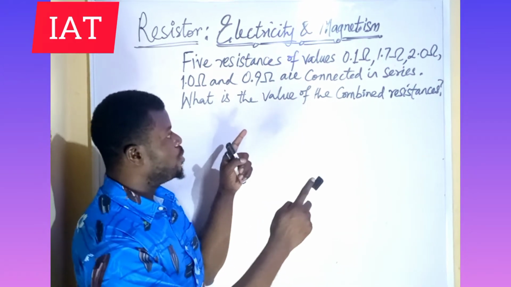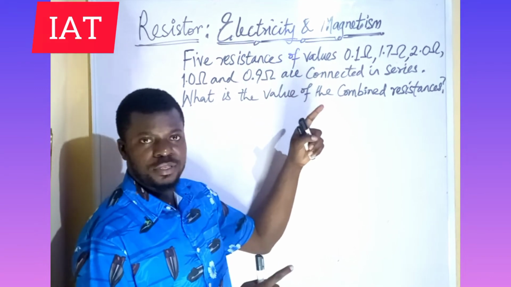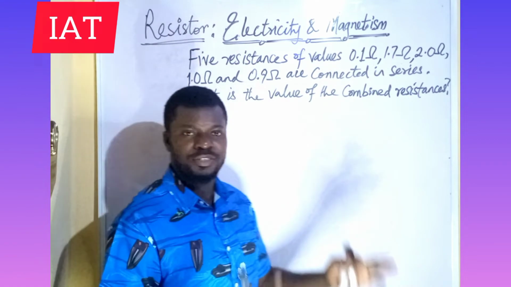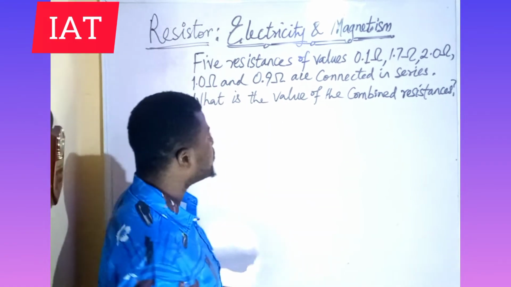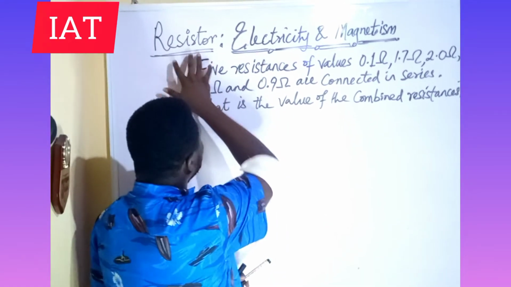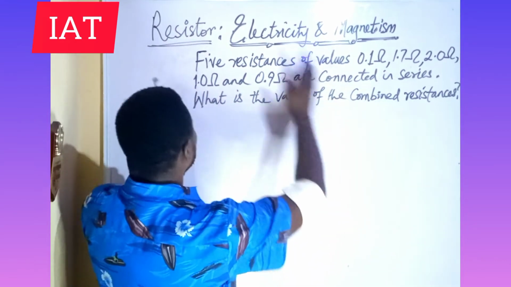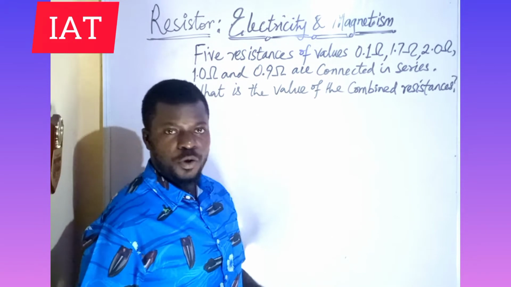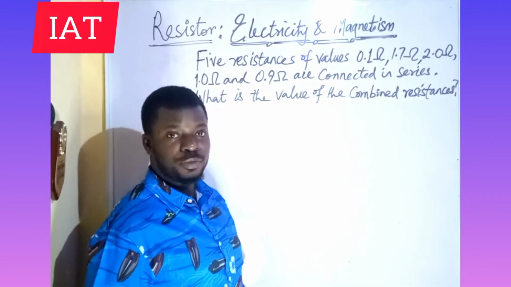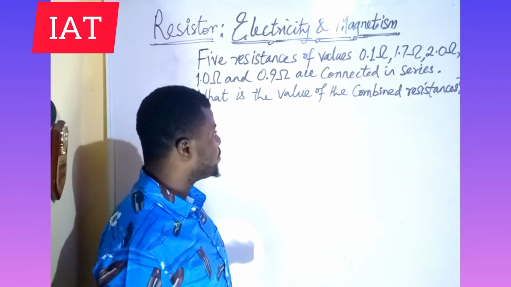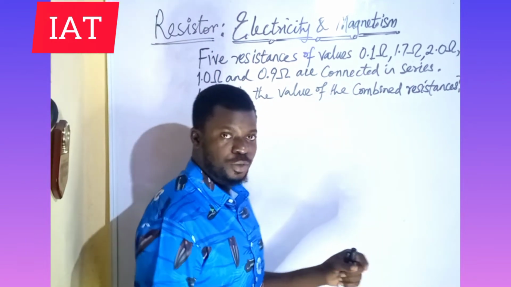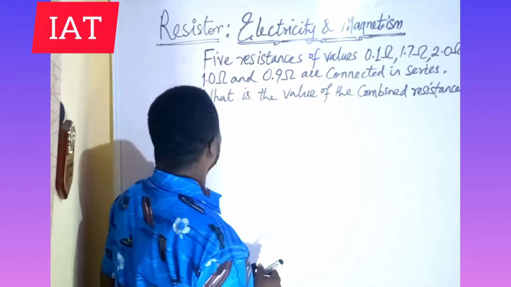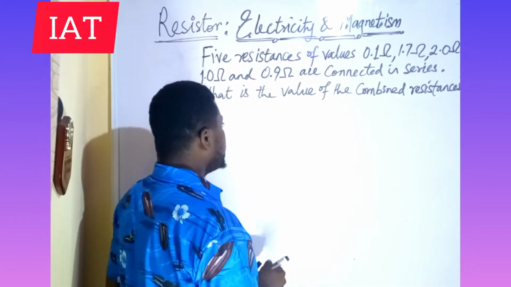In this video, we are going to discuss resistor. And this comes under electricity and magnetism. So in resistor, before we solve this problem, we need to understand the concept of resistor. Resistor is the measure of the opposition offered to the flow of electric current. That is by definition. But again, if you want to understand more concepts about resistor, you need to know first